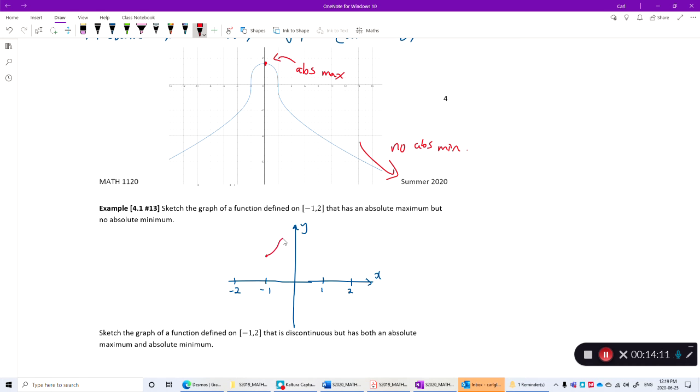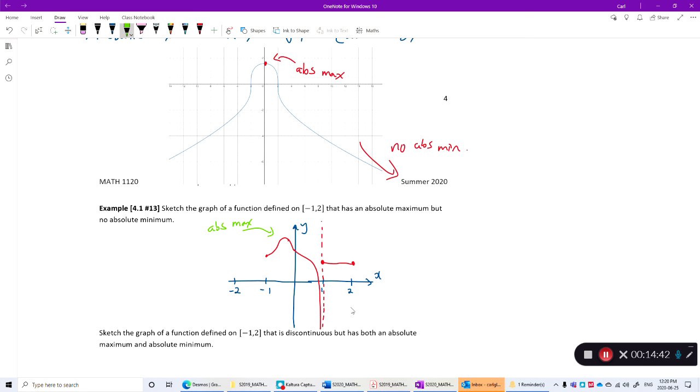I can make it have an absolute max right there. But let's say it goes down to negative infinity like that. So it has an asymptote. But it has to be defined there, so I'll just give it a solid dot there and finish it up like that. So this one has an absolute max right here,